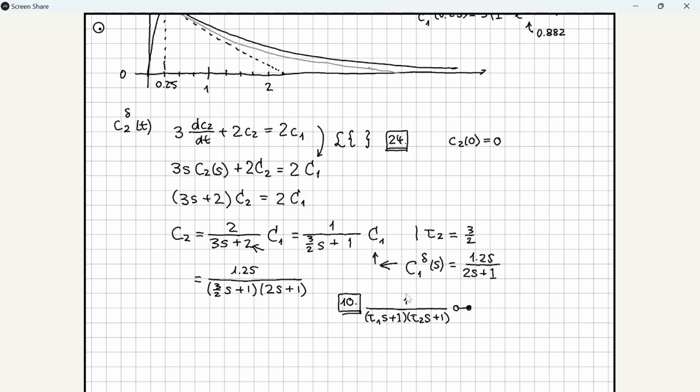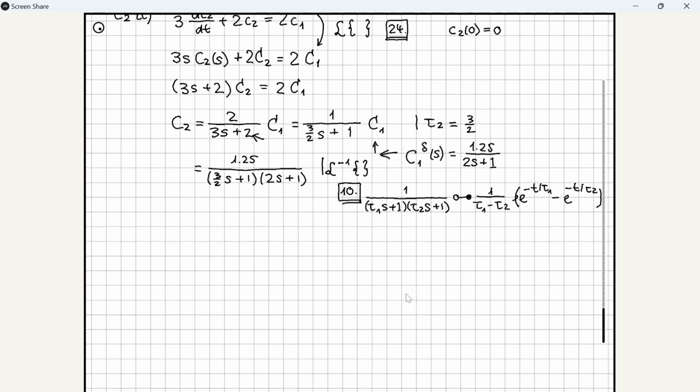And that corresponds in the time domain to 1 over tau 1 minus tau 2 e to the minus t divided by tau 1 minus e to the minus t divided by tau 2. Okay. So now I can do the inverse Laplace transform using equation number 10 in the lookup table, and I get